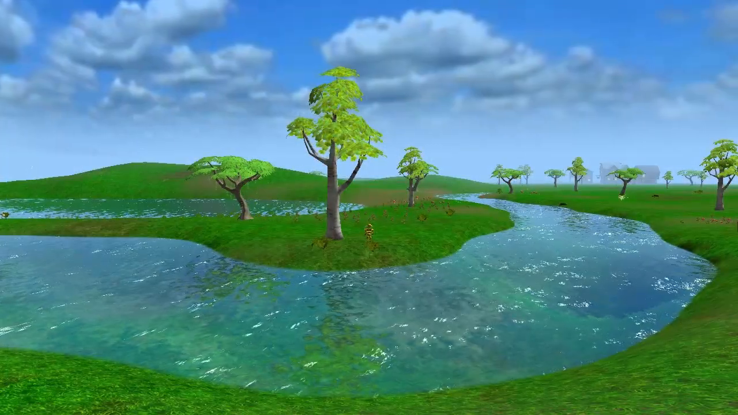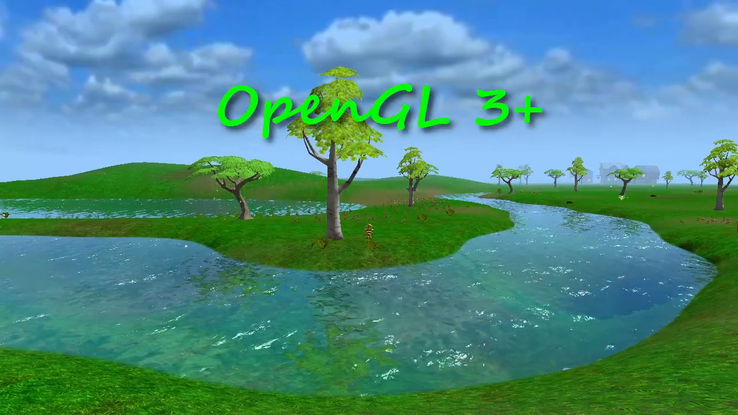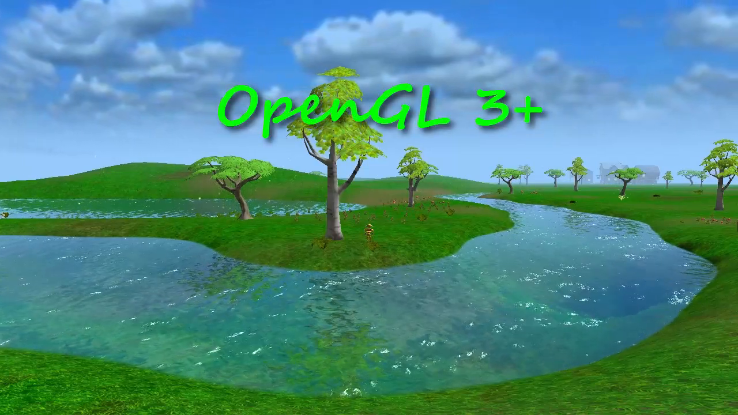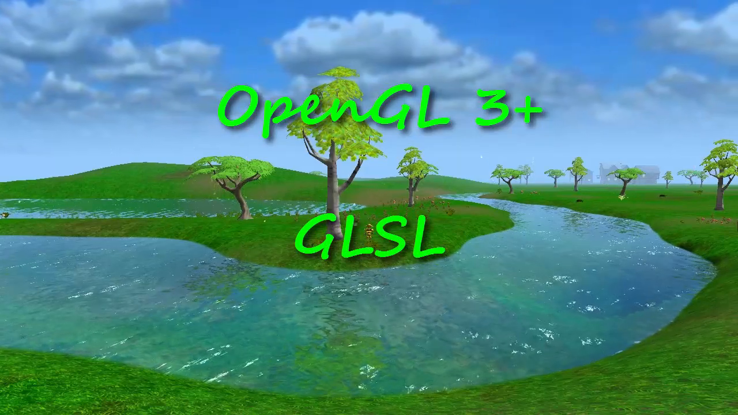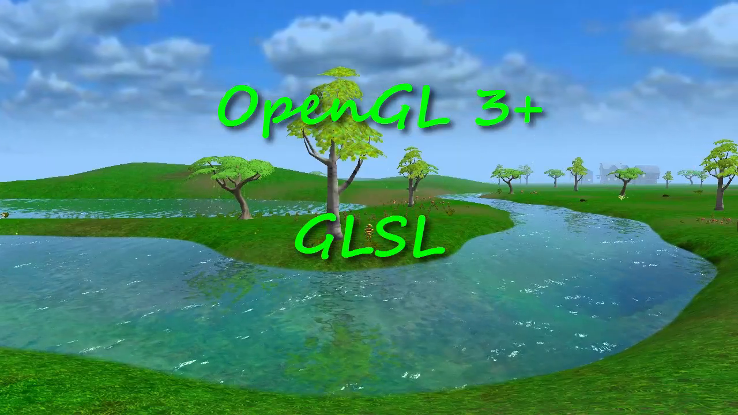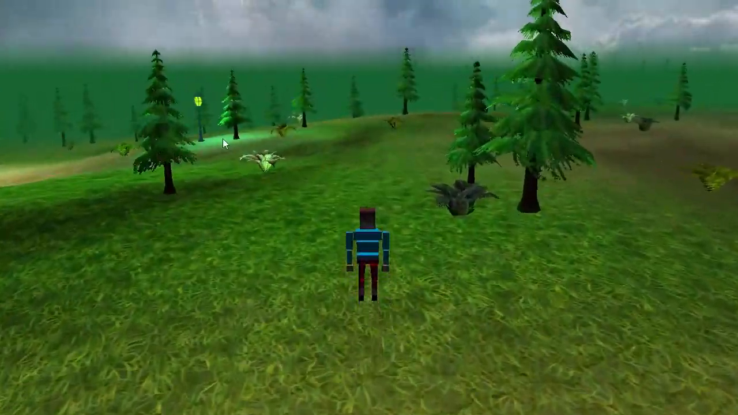This series is aimed at people who already have a good understanding of the basic concepts of the modern OpenGL pipeline and who understand the basics of GLSL, the OpenGL shading language, which we're going to be using a lot of in this series. I'm going to be demonstrating the water using the basic 3D engine that we've been creating